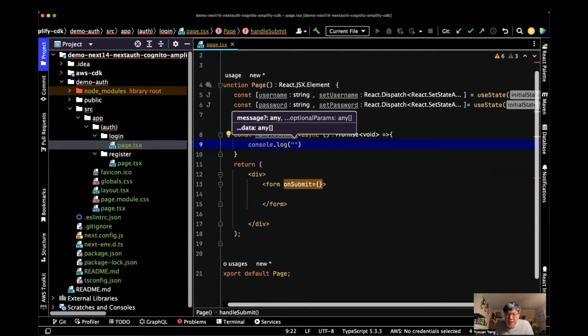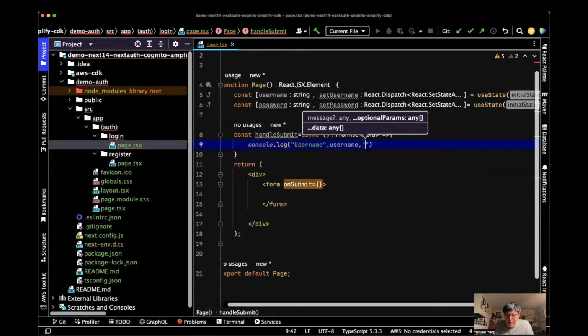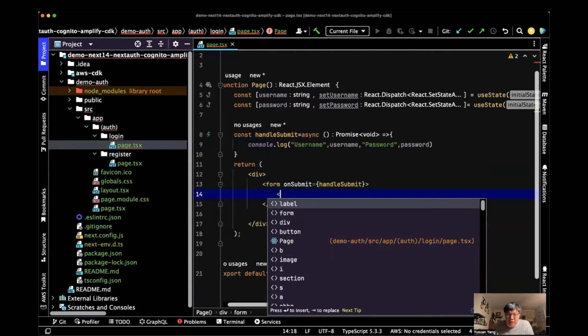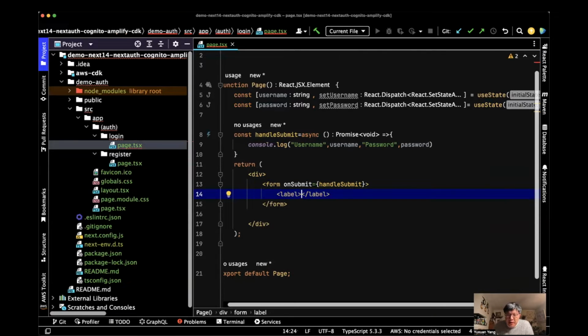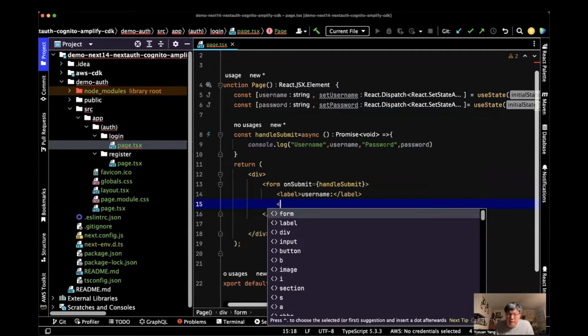Let's double check the username value. We'll just let it show the username value we input, and the password as well. So onSubmit, we're going to use the handleSubmit method. And the first label is going to be username, and the first input,